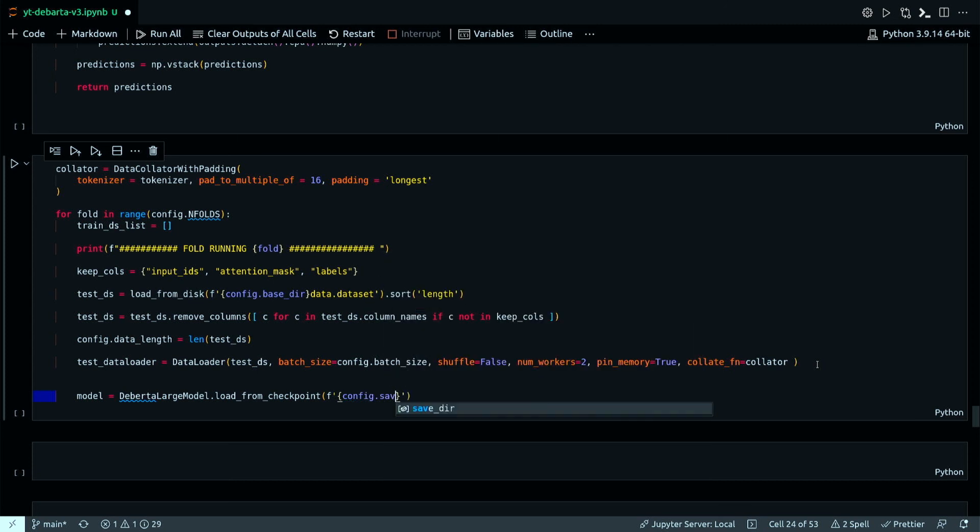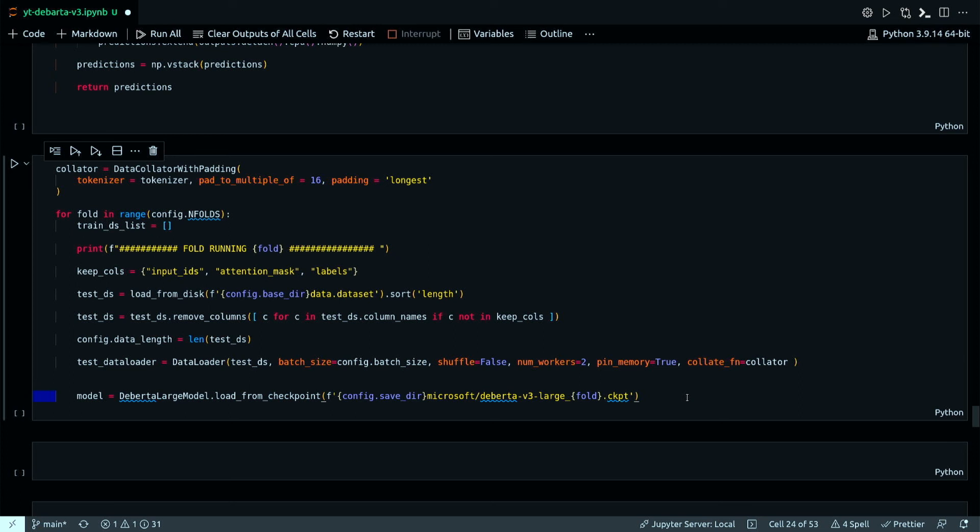Config dot save dir, and then comes Microsoft Deberta-v3-large. That's how the saved model was named: Deberta-v3-large underscore the fold number, and also .ckpt because it's a checkpoint.